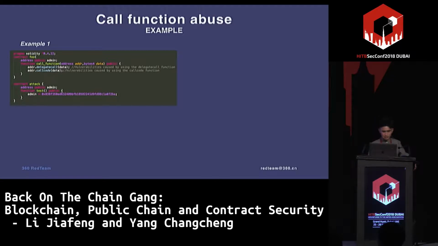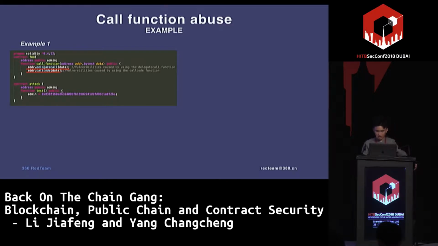Example 1 uses 2 functions, one of them is delegatecall and another is callcode. So if the hacker constructs an attack contract